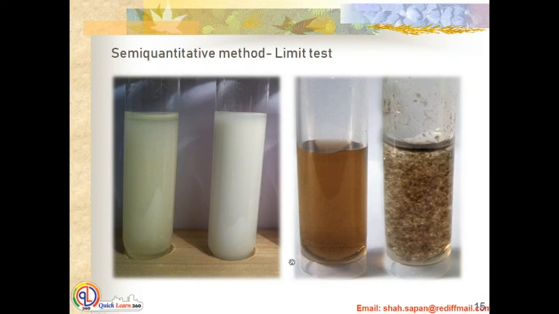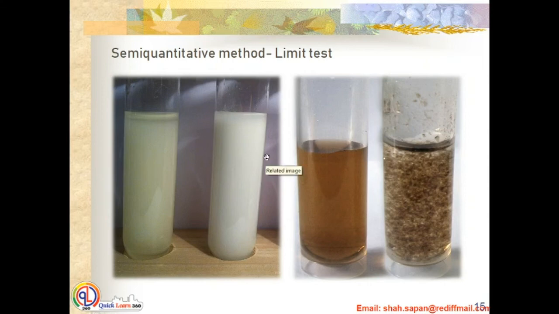So how can you conclude the limit test? If turbidity produced in a sample is higher as compared to turbidity produced in a standard, we call the sample fails the test, and vice versa. If turbidity produced in a sample is lower as compared to turbidity produced in a standard, we call the sample passes